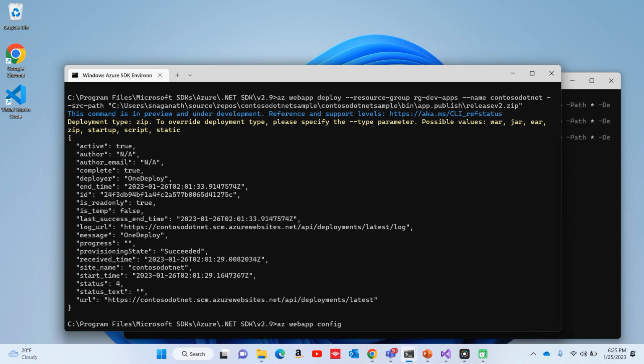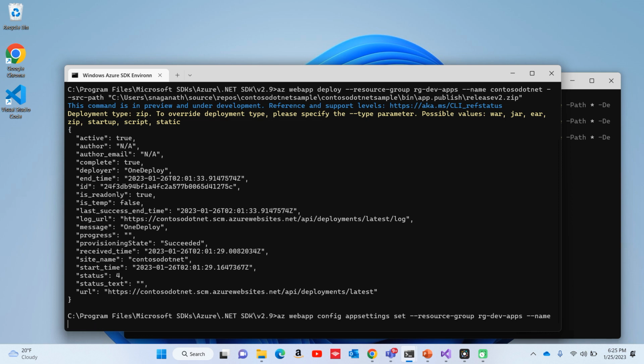So this is az webapp config appsettings set, resource group rgdevapps, name of the app is contoso.net. We need to add a setting